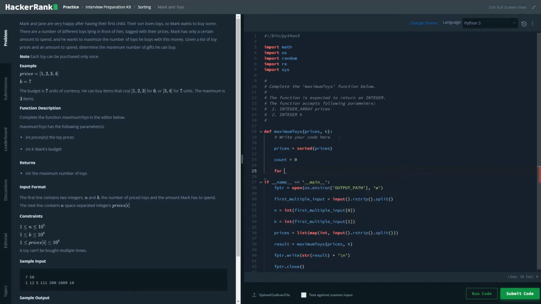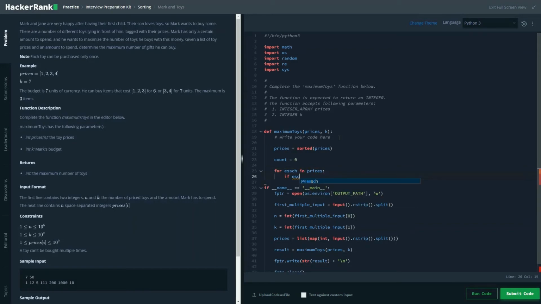So we'll be looping through our sorted list, where the minimum price of the toys comes first, since the prices are in ascending order. So for each in prices, if each is less than or equal to k,